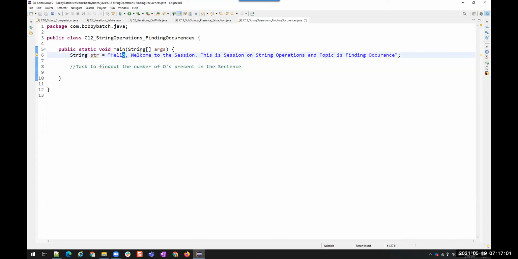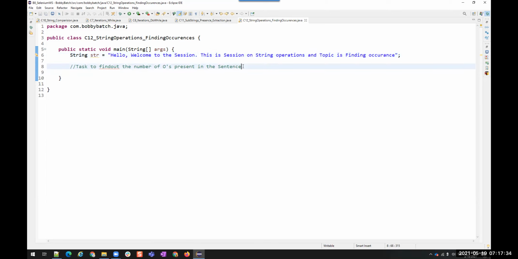This is 1, 2, 3, 4, 5, 6, 7, 8, 9, 10. So 10 O's are present. We have to count those 10 by our coding and give this exact count of O's.